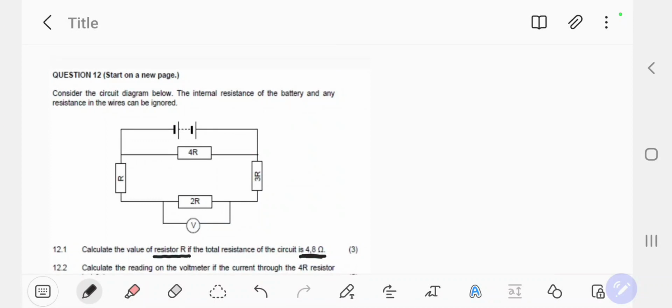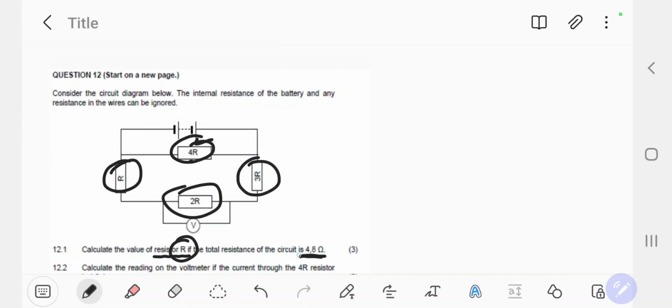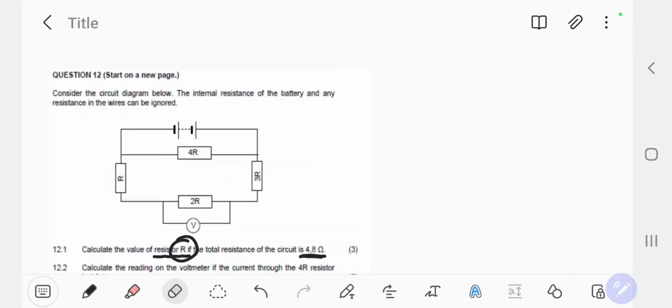Guys, they want us to calculate the resistance, actually the value of R, because remember, R here is the unknown variable. So we need to make sure that we calculate R. That is common throughout your 4R, your R, your 2R, and also your 3R there. So now let's see how we're going to figure that out, because we are just given the total resistance of